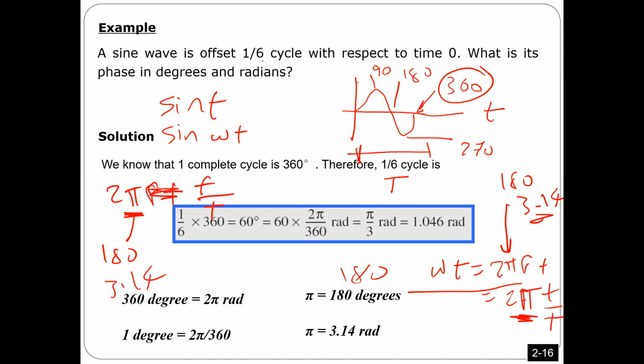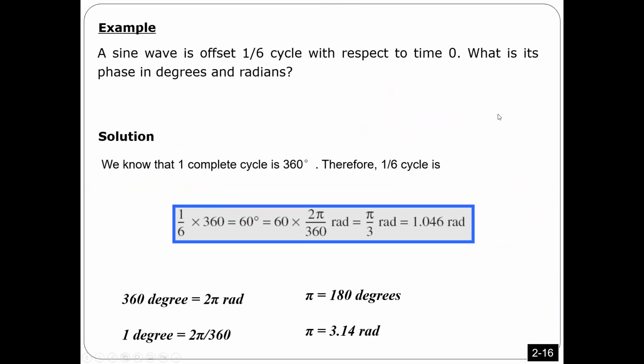Actually, here this cycle means a period. So it is shifted by 1/6 of the period. T is the time, so the time is 1/6 T. Now I want to convert this to degrees and to radians. So look what I'm going to do right now. It's 1/6 of the cycle, so it's going to be 1/6 of 2 pi,